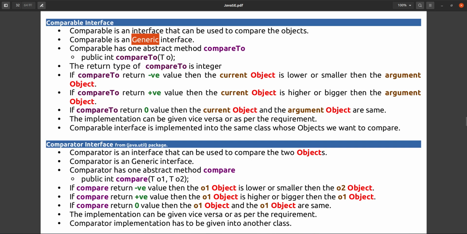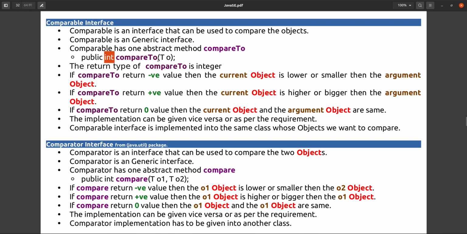Comparable has one abstract method, compareTo. Public is the access modifier, int is the return type. For the equals method the return type is boolean, but for the compareTo method the return type is integer.